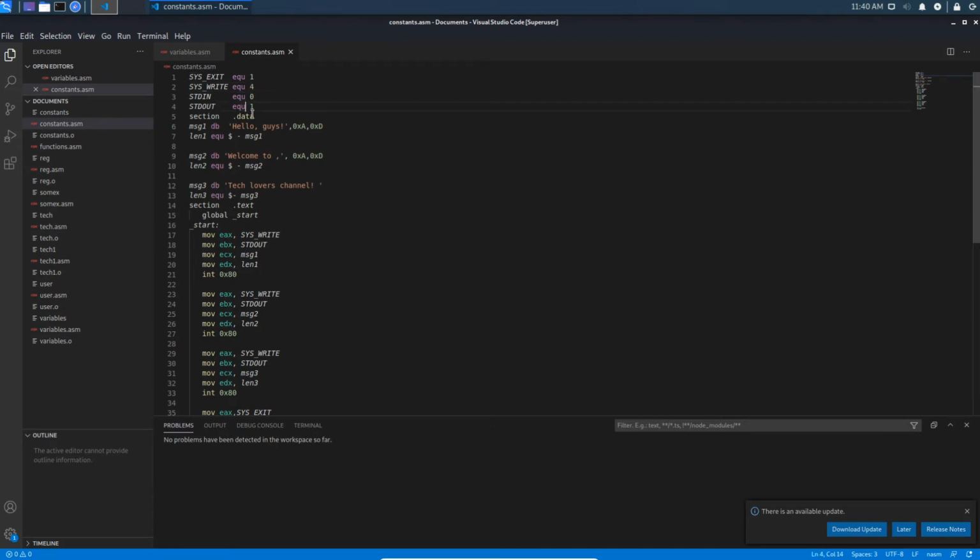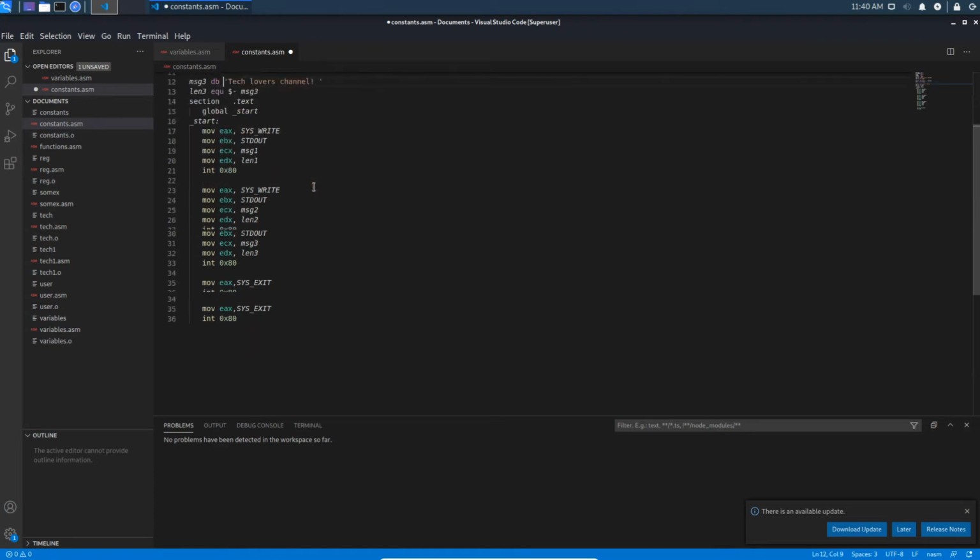Here equ means equivalent to 1, that is what I said in the PPT. Here message one is a variable, hello guys, and this will take some space after printing it, and it will go to the new line. And this is called length equ message 2, and this is message 3.